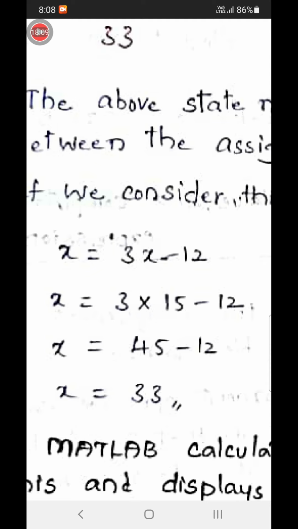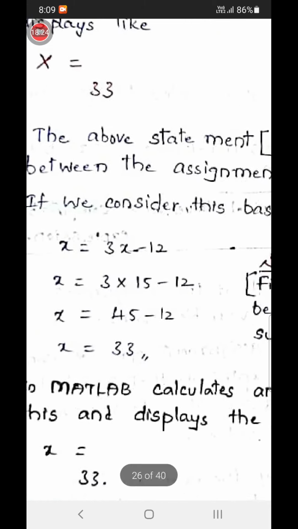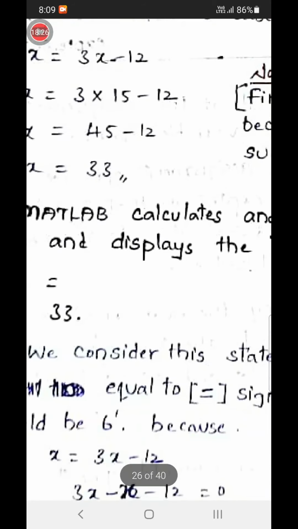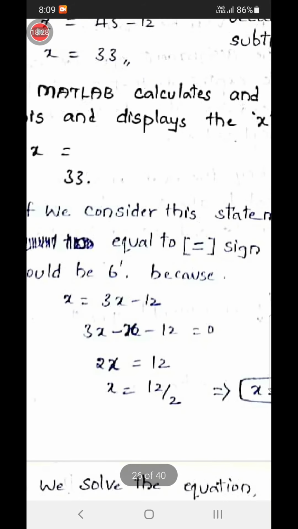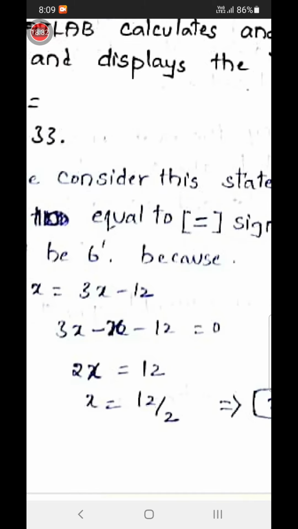Whatever value was previously stored in x, MATLAB is using in the computable expressions. So that is the meaning of assignment operator. But with the equal to sign, what is happening?